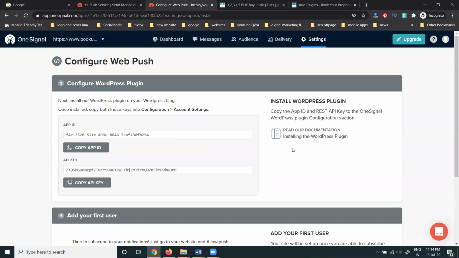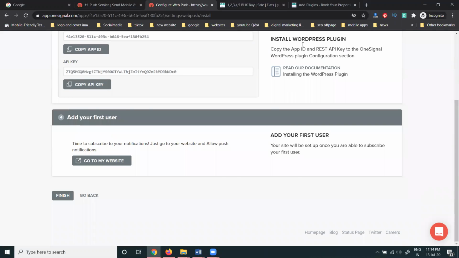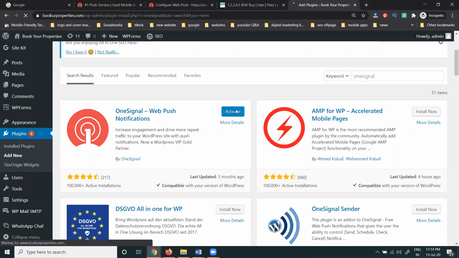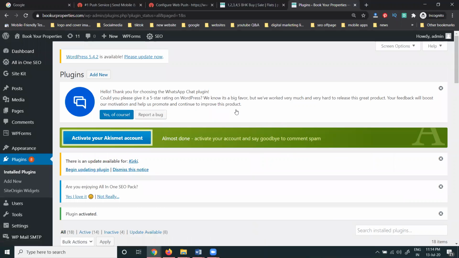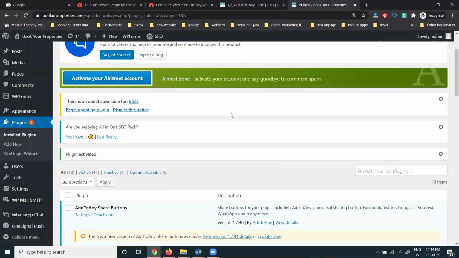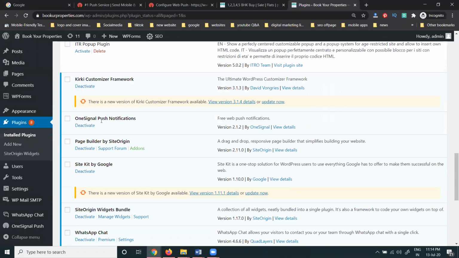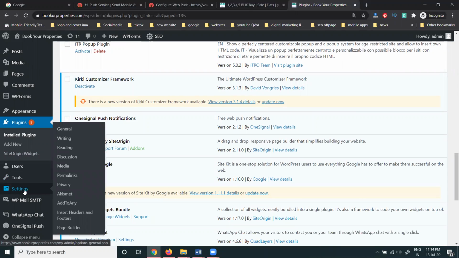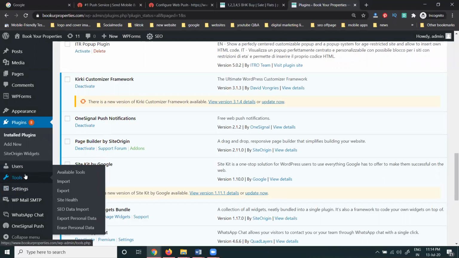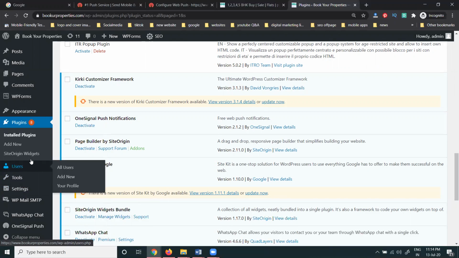So everything will be here. Install. Click activate. So once activated, you can check this option here. Where is the option? Where it is installed, we can go to your particular option. So under tools, you can check every option here. If you have any doubt, you can check the view details option. In this, go to the OneSignal push option.